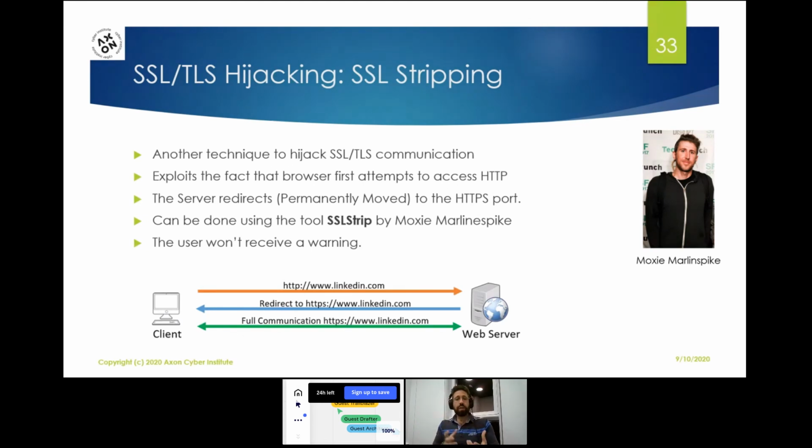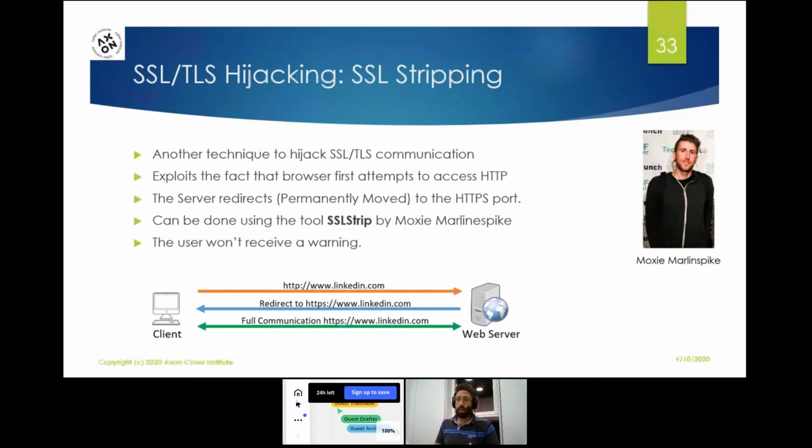Another method of hijacking SSL or TLS is called SSL stripping. The main difference between SSL stripping and certificate forgery is that the client now will not get a warning, will not get this invalid certificate warning. It becomes totally seamless. SSL stripping exploits the following fact. When users access a certain website, let's say they type in their browser axontechnologies.com, they did not type HTTPS, nor did they type HTTP. They simply type